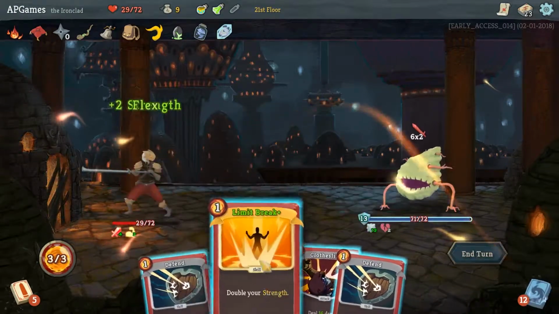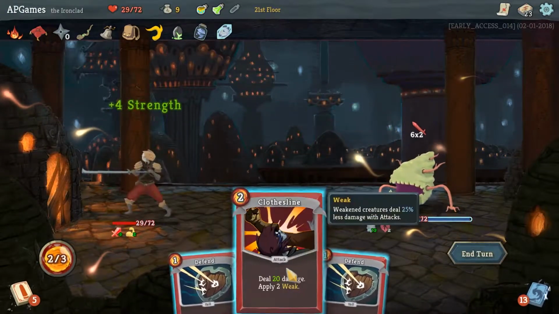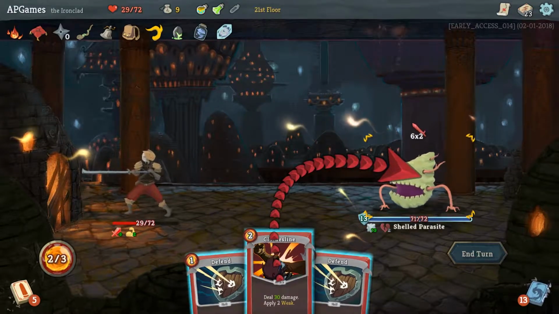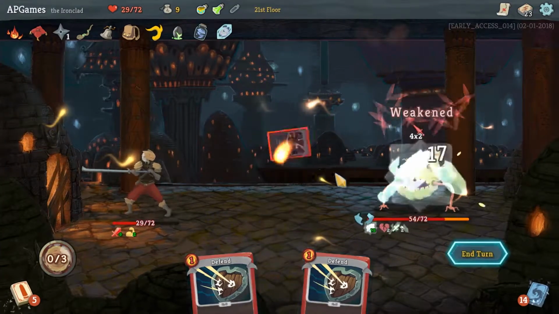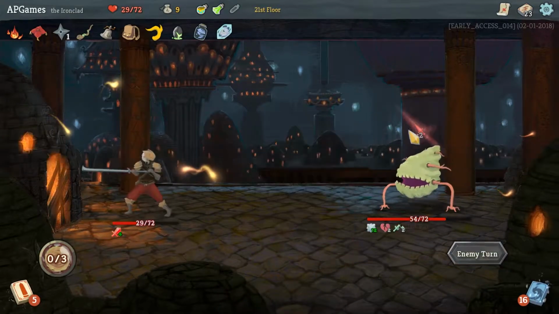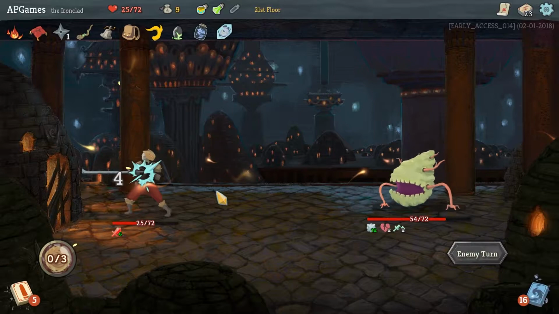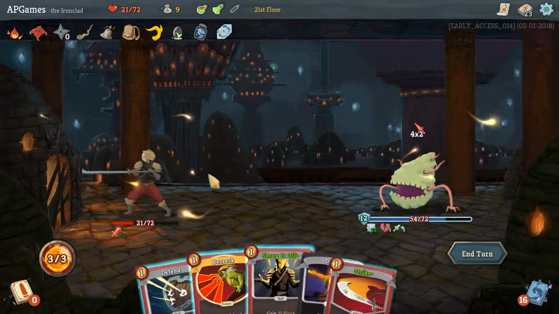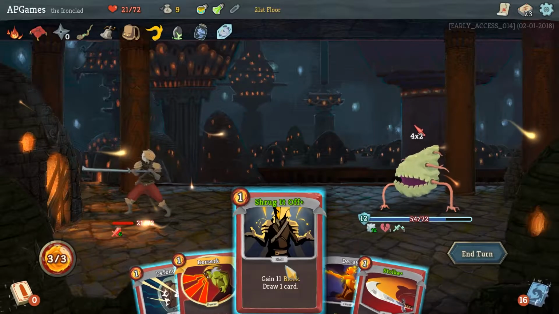Flex, Limit Break, and Clothesline does 30 damage. Alright. We're going for it, boys. We've also weakened him, so he's going to do less damage to us, which comes in handy. But let's go with